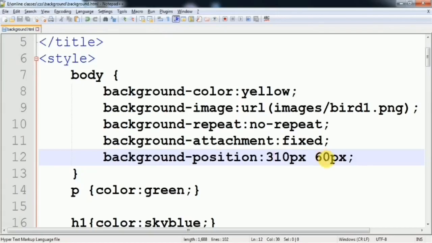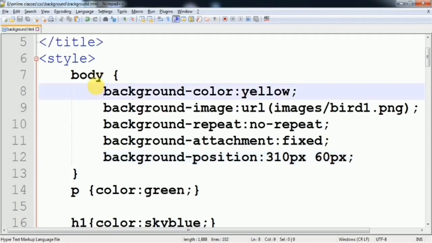So this is all about the background property. In the background property we covered background color, background image, repeat, attachment and position. One more thing I want to clear with you: a shorthand is also there. Instead of writing them separately, we can write them in a single line. Clear? Let's see how we use it. For that we only need the background property.